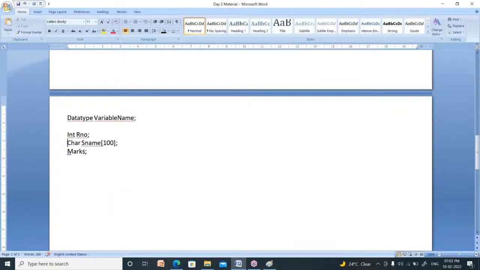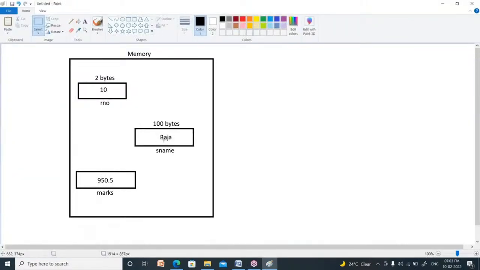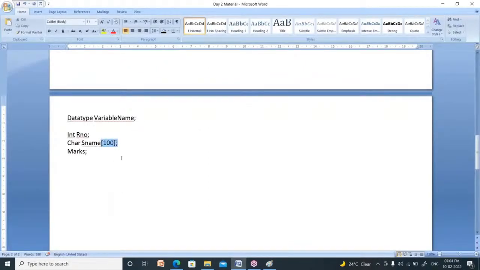So this is, see here, just you write this. It is called as character. Just you write like this. Whenever you write a square bracket with some size inside, then it is called as string. String is nothing but group of characters. See here, R is a character, A is a character, J is also a character, A is also a character. Whenever you group these four, then it becomes Raja. That is known as string. So it is string, it is integer.